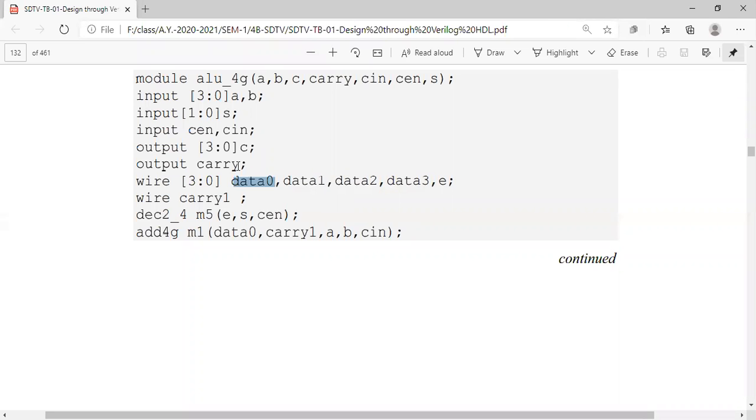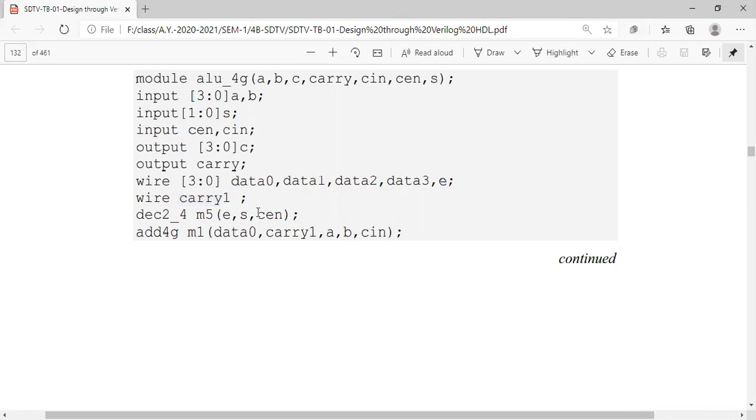After performing those corresponding operations, they produce some output. That particular functionality output will be stored in data 0, data 1, data 2, and data 3. And we also have an enable, which is now also 4 bit. And we also have a wire with the carry 1.